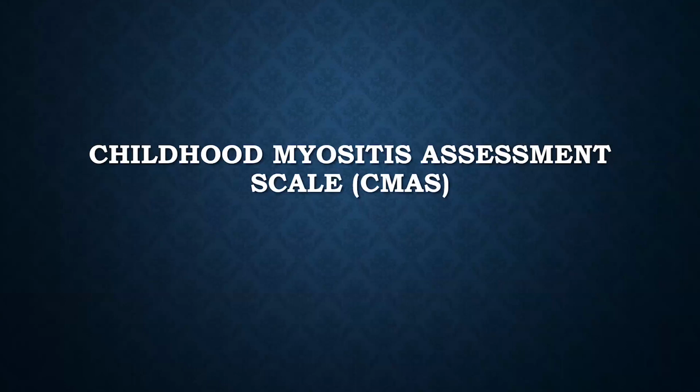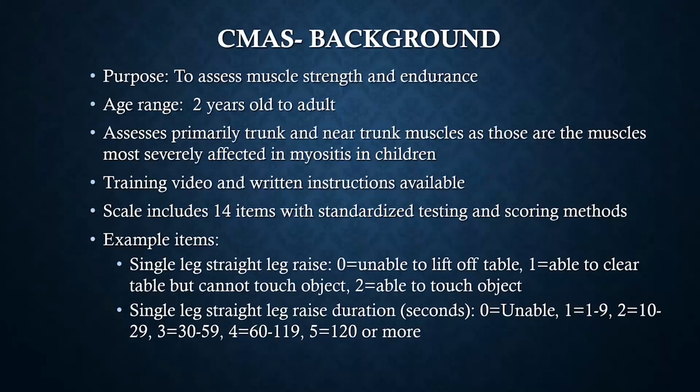So then we'll talk about the Childhood Myositis Assessment Scale. This is a test that we do with your child to measure strength of the muscles and also muscle endurance. It can be used in children who are 2 years of age up to adults. And the test itself is focused on trunk and near trunk muscles such as the upper leg or the upper arm,